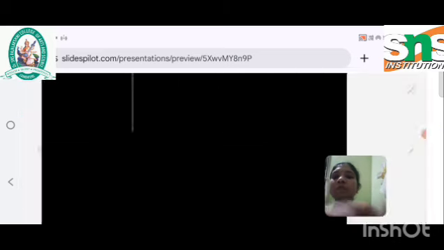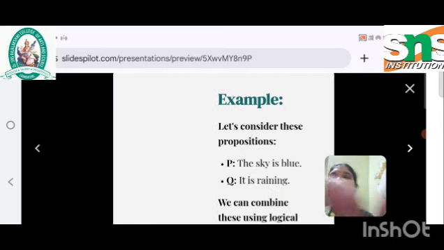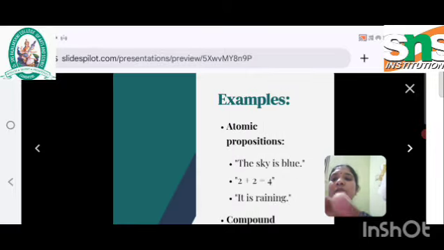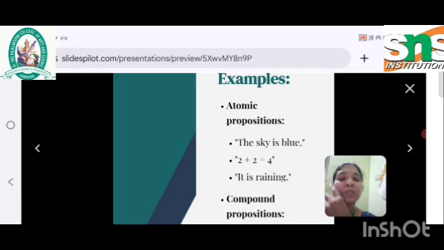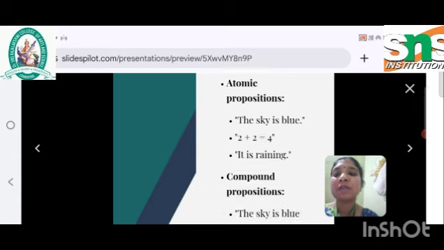Here let's see what is an atomic proposition. It is a combination of a simple logical statement, that is, it can be a statement or a value or a symbol combination, a single statement with a meaningful formation, for example, the sky is blue, or 2 plus 2 equals 4, it is raining. A simple sentence with a logic is known as an atomic proposition, whereas a compound proposition